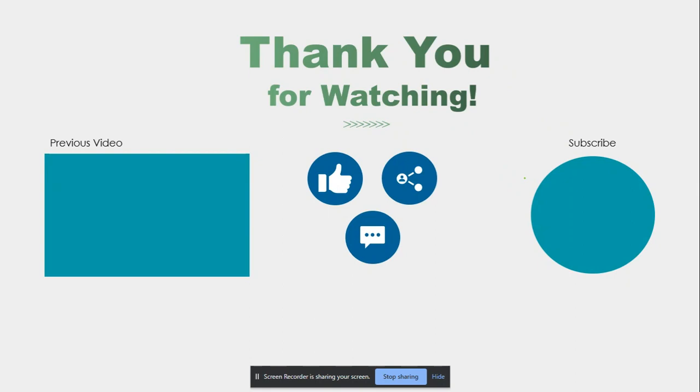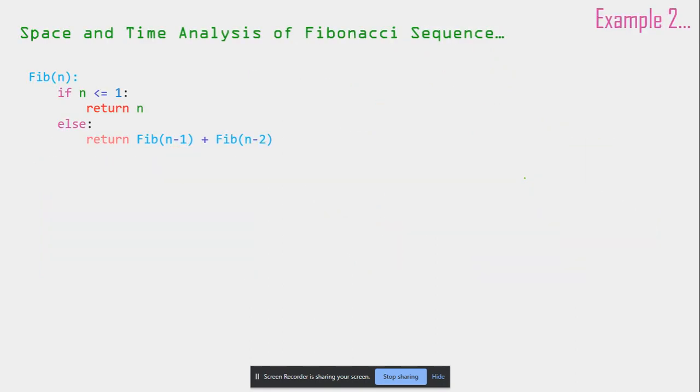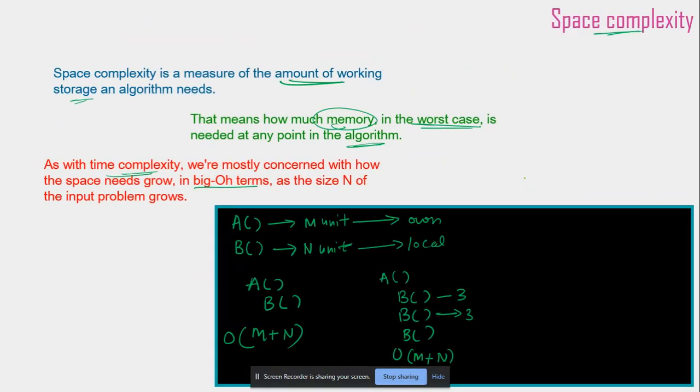So this was a very short video about what space complexity is and how we calculate it. Here I'd like to add something: if we have a function like a of n, with a loop for i in range 0 to n, and inside it a call to the function with n minus 1, then the space complexity will be big O of n square, n square units of workspace it is going to require.